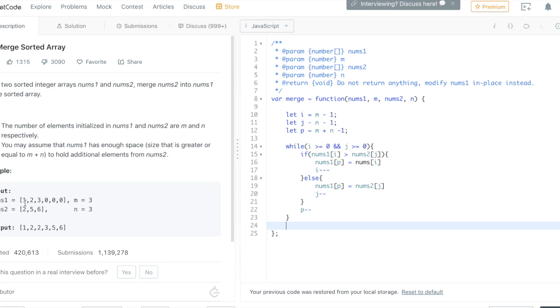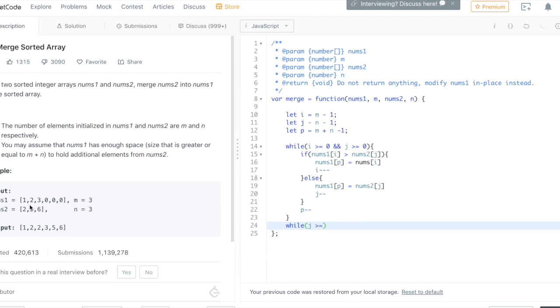Because in this situation, let's say we perfectly line up 1, 2, 2, and then 3 here, we realize nums1 of i is greater than 0 at that point, because we've probably decremented at least 4 times. That just leaves us with 2, and then we have to just place the rest of them in there. So we can assume that we're always going to be dealing with j here because